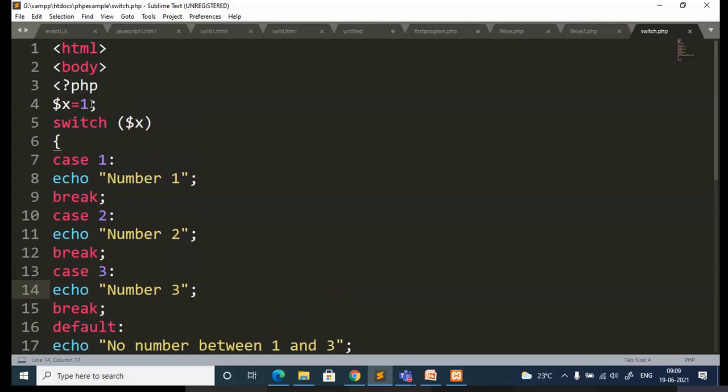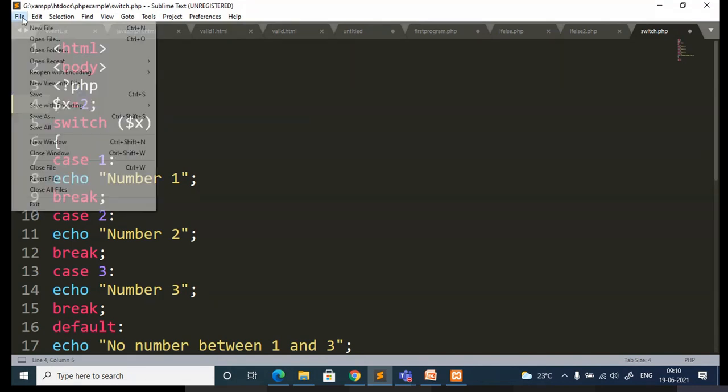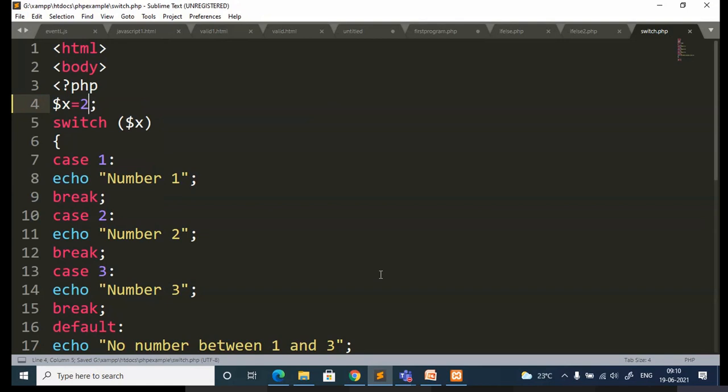So instead of this, you can just get the data from the user. Okay. In that case, you have to add the form element and you have to read the input from the user. Okay, you have to create one text box, one button. Okay, when you click on that, it has to execute the form.